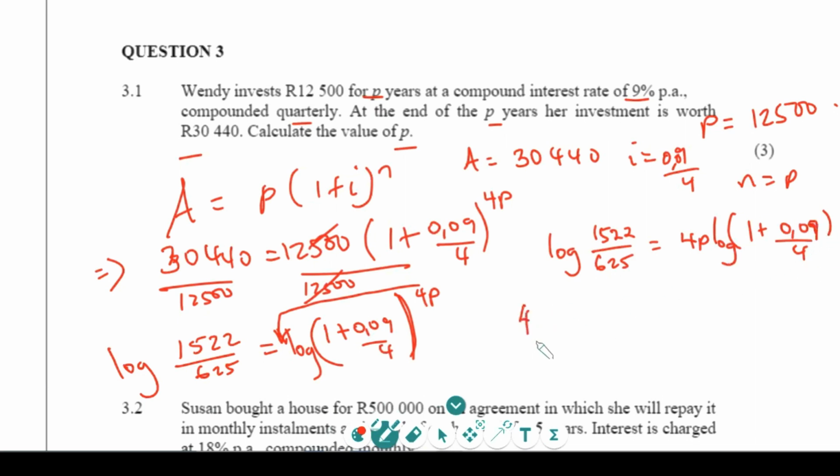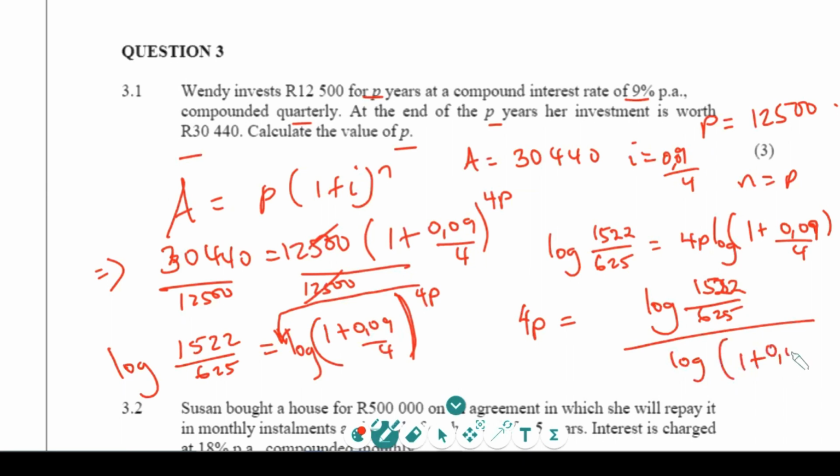So my 4P is the same as the log of 1522 over 625 divided by the log of 1 plus 0.09 over 4. I can punch that into the calculator, then divide my answer by 4, and then my P is going to be,